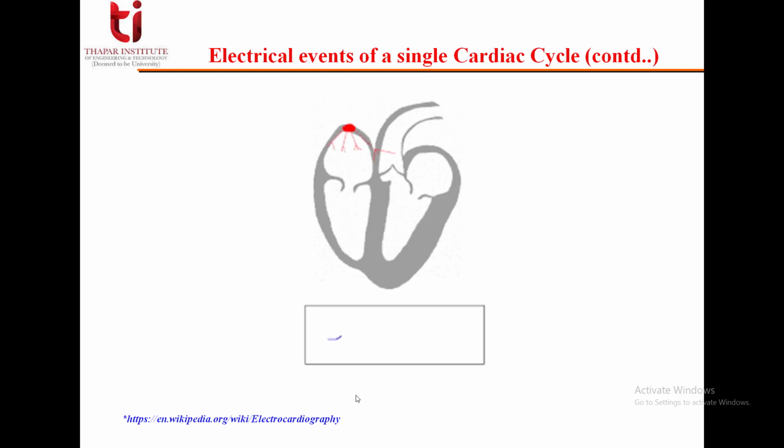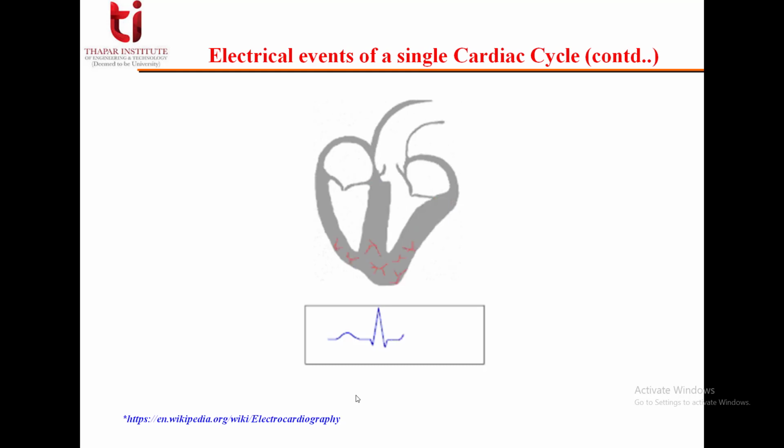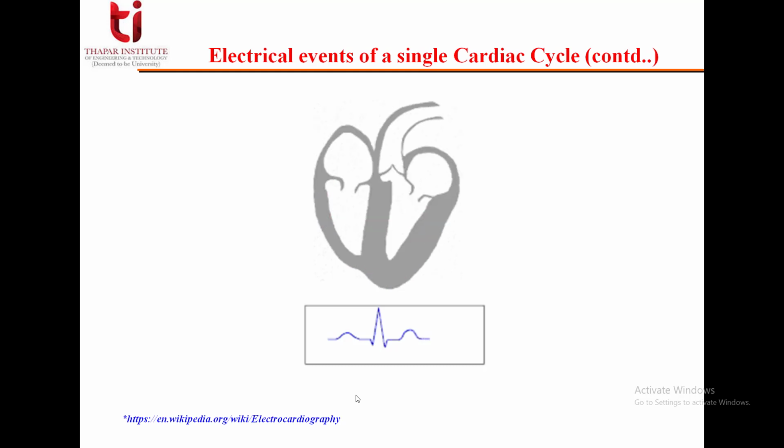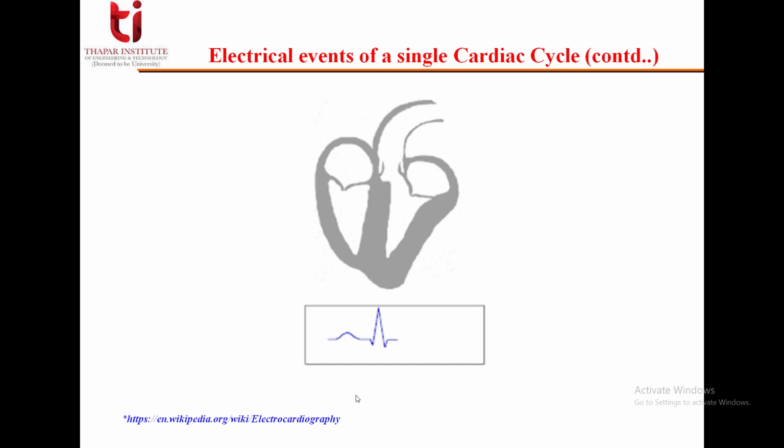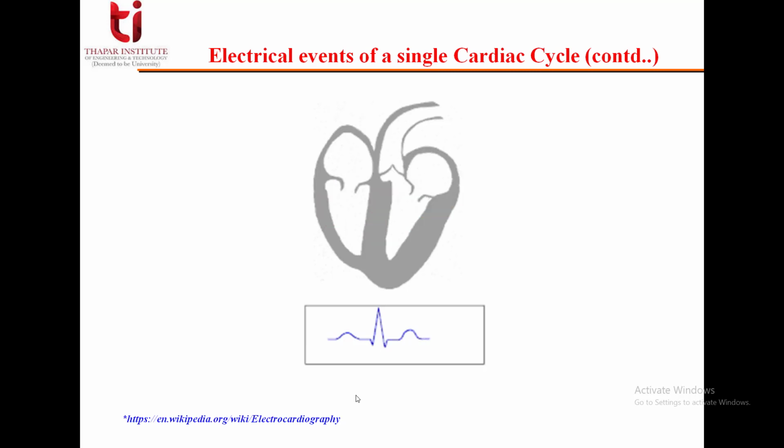Just have a look at this signal. It is showing how the contraction and release of the ventricles is occurring, and which contraction and release will produce which kind of signal. So this completes one cycle. Again, you can see it is starting from the SA node, then to the AV node, then to the His-Purkinje system. You can see the His bundle, Purkinje fibers, then again contraction and release of the ventricles. Further, it will start again from the contraction of the atria. So like this the process occurs.